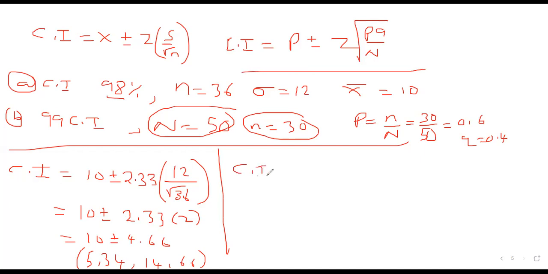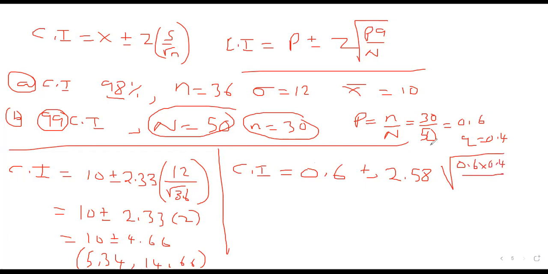For confidence interval, where there is P, put 0.6. Where there is Z, since the 99%, remember 99%, what is our Z? 2.58. Then we have PQ in there, square root. So our P is 0.6, our Q is 0.4, and we use a capital N here, not the small n, which is 50. So here we're going to have the following: 0.6 times 0.4 divided by 50, and we square root it, multiply by 2.58. You're going to get